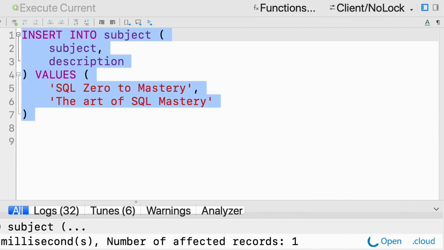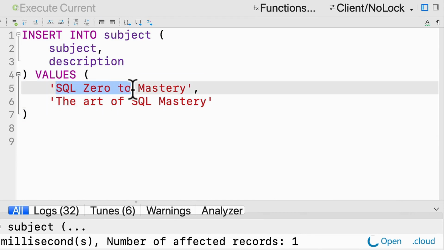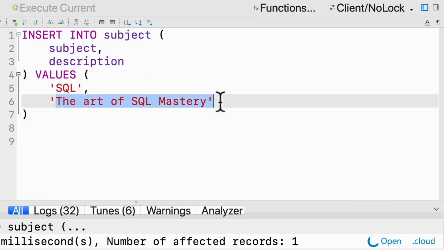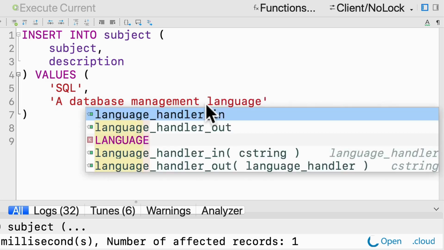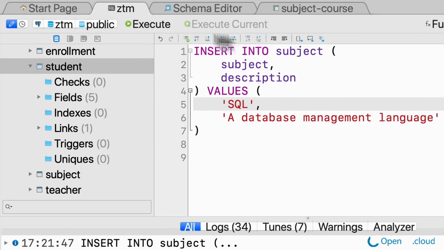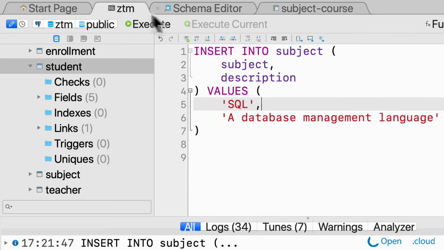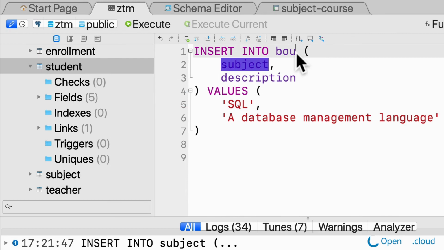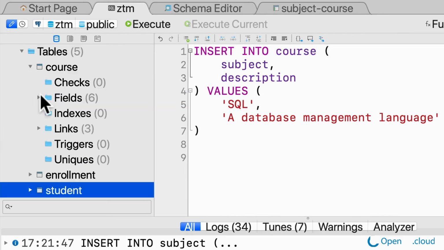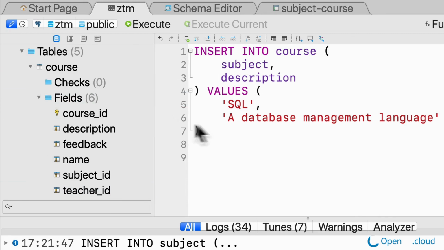What do we actually want to inject in here? Well, as a subject, we wanted to inject SQL. And then as a description, we wanted to inject a database management language. So let's execute that, and in subject, we can see, okay, we have our SQL as a subject. Okay, now let's go and insert into course. What do we have in course? Well, that's where this comes in handy, because I can just quickly go check the fields, and we can see